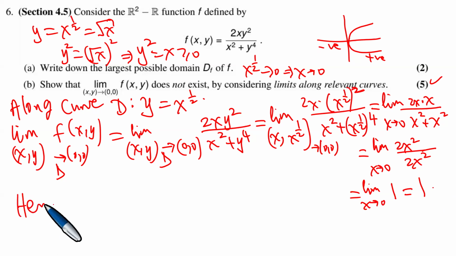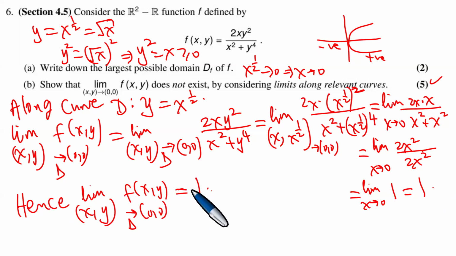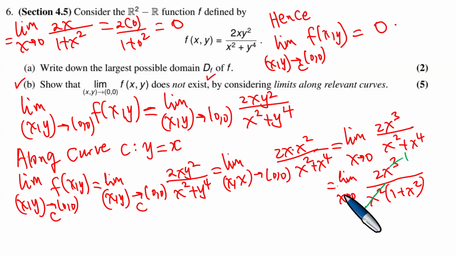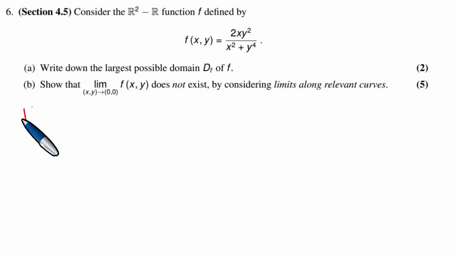So hence, we have the limit as x and y approach 0 and 0 along curve D of f, and this limit is 1. Good. So we got one limit: the limit was 0 along curve C, but the limit along curve D became 1, and we then say thus